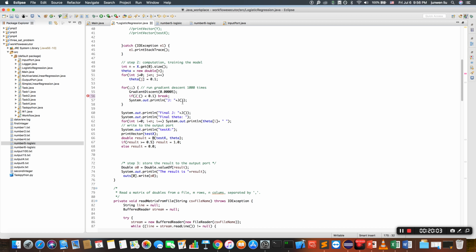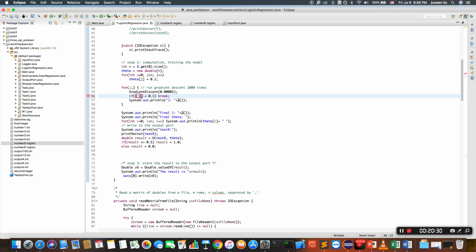So I think I might use a larger one to get a better or faster result. So here the gradient descent function helps us adjust the theta, and now we will check the j